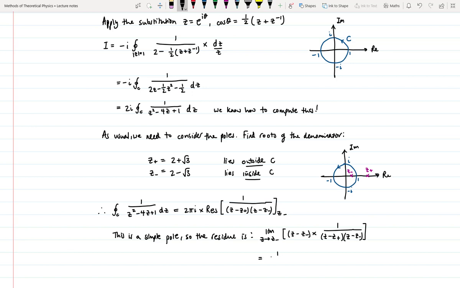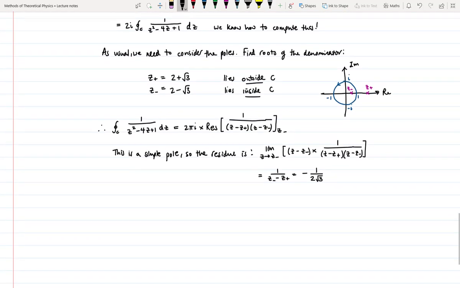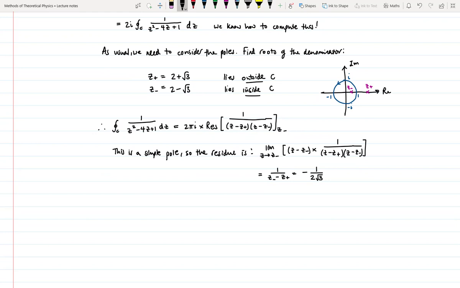This is just 1 over z minus, z plus, and you can check for yourselves that this gives minus 1 over 2 root 3. Finally, we can use the expression at the very top of the page to write that our integral,